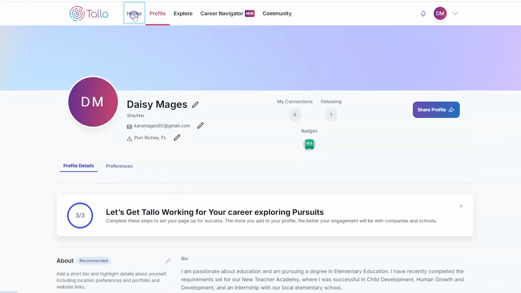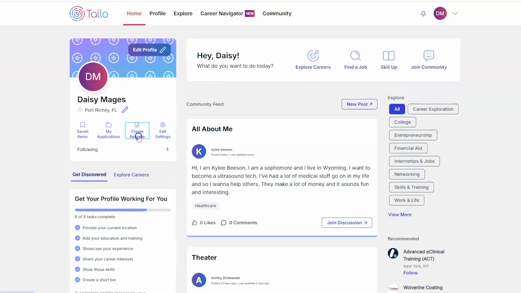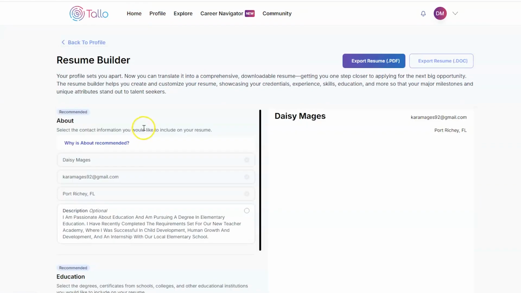Once you're ready to go, make sure you're in the Home tab, and on the left, select Create Resume. What's exciting about this feature is that you can translate the information that you've included on your profile into a comprehensive downloadable resume. And this is going to allow you to get one step closer to applying for your next